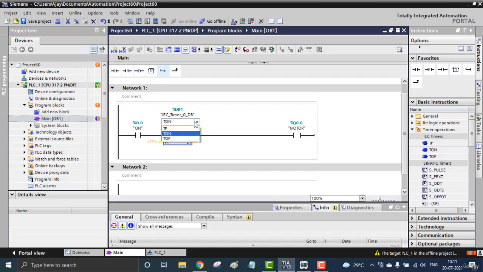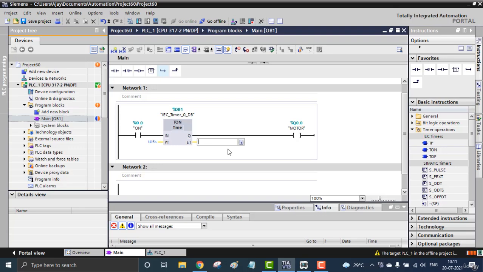So you can change the TON from here to TP, TOF, or anything. Only the PT is provided, the preset time, that will be T#5s. In the syntax it will be T#5S. This is how we provide it in the schematic timer, S5T#5s. In the IEC or standard timers, which are applicable for almost every PLC, we can simply give the value as T#5S, and whatever. And the ET will be the elapsed time, and for storing or displaying that value, we can provide